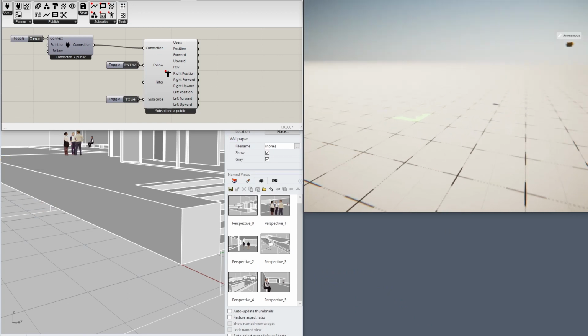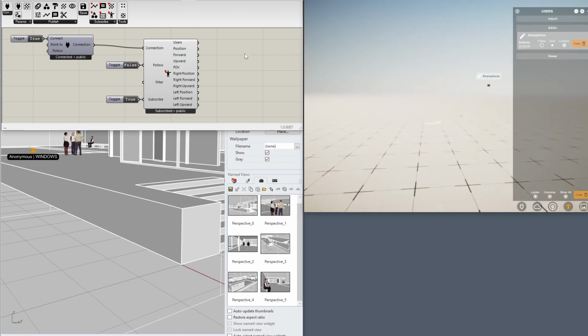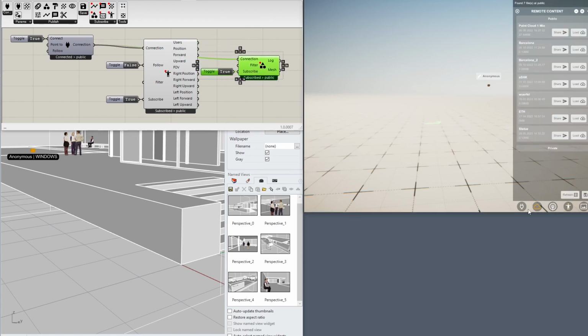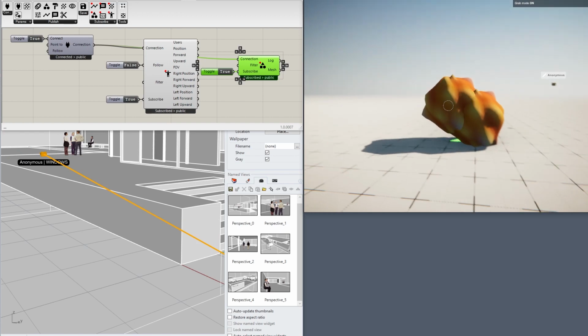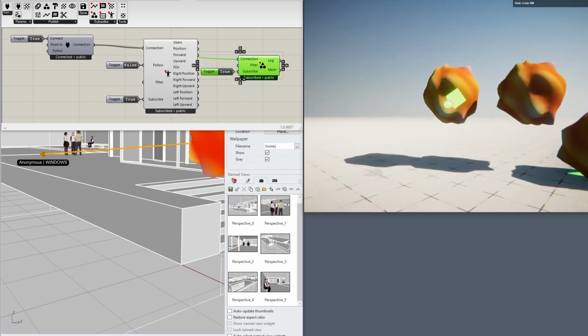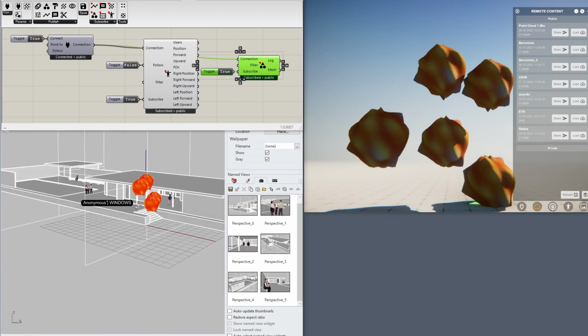So what else? We also have the ability to subscribe to some geometry here. And then in this one, let's bring in just this one, this weird blob. So let's grab that in and then move it around. So now all these are shared